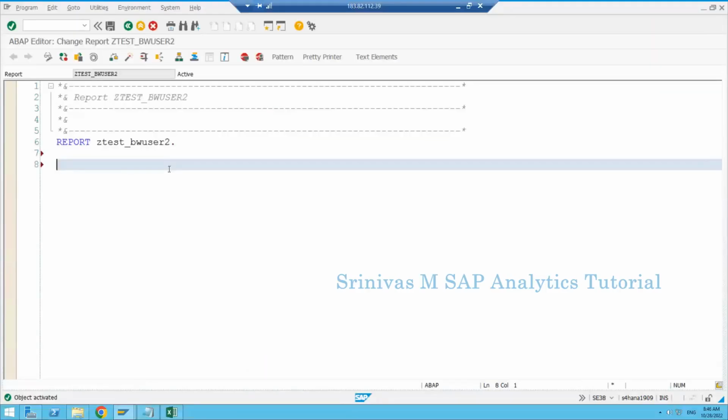Learn. Today we are going to learn about modularization. It means writing perform statements. Okay, this is part of modularization. So what exactly is modularization? For example, we have a requirement to perform